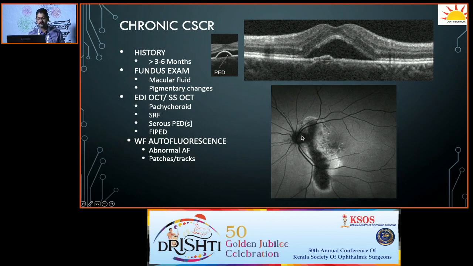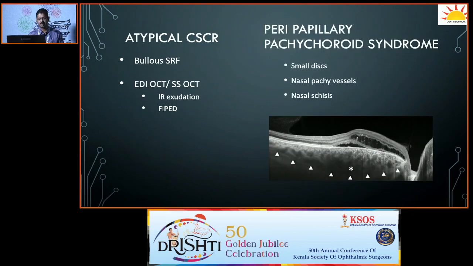If you see over here, this is the normal PEDs that we come across in CSR. This is dome-shaped PEDs, whereas the FIPED is a sign of chronicity. You will see such flat irregular PEDs, which could be either vascular or avascular. And in autofluorescence, you can see abnormal autofluorescence with patches and tracts. Atypical CSR will have a bullous SRF on OCT. Usually in CSR, we are used to seeing only subretinal fluid, whereas in atypical CSR, along with subretinal fluid, you'll also see intraretinal fluid,